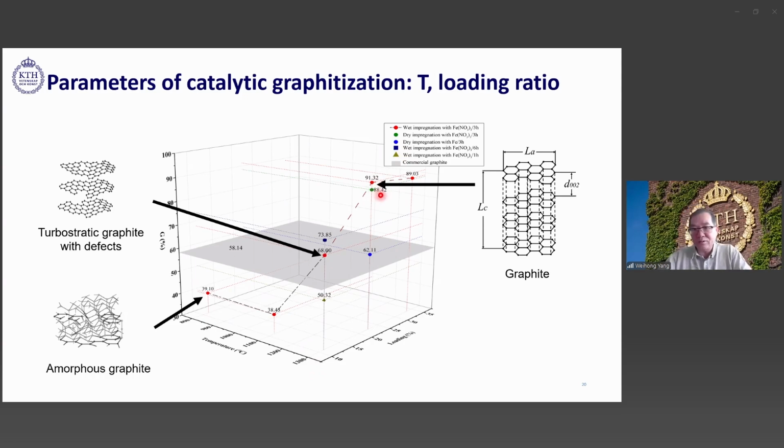You can also get graphitization up to 99%. Sometimes it's even better than normal synthetic graphite. Or in another way, if we have a short time, low temperature from 800 degrees, and a very low catalyst ratio of biomass to catalyst, then you will get partial graphitization. You still get some graphite, but it's almost a mixed phase. Of course, it depends on the temperature, ratio and the time. You get a different type of graphite,